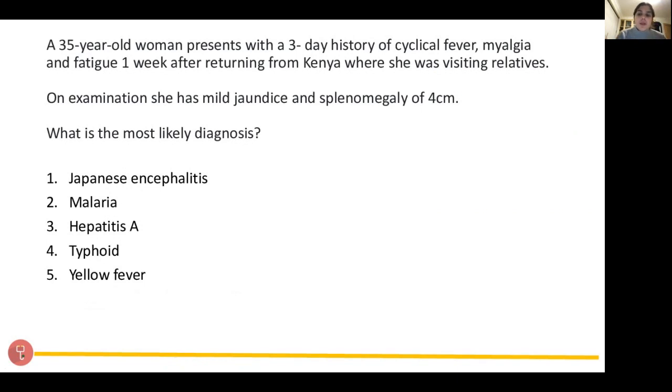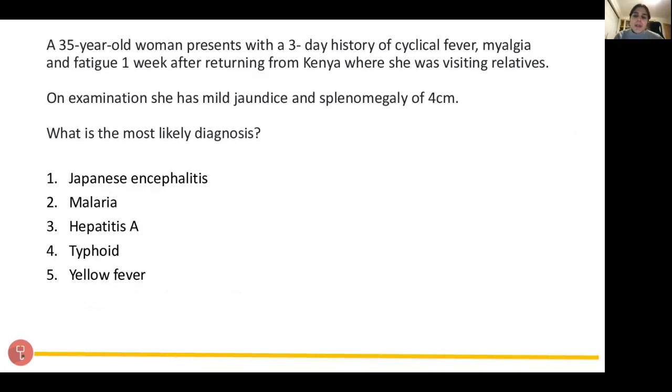Cool. So with this one, the answer is obviously malaria. The important thing I think to pick out in the stem is that it says here she's returning from Kenya where she was visiting relatives. So that's sometimes, apart from the symptoms, so the cyclical fever, that prodrome that we talked about, and the mild